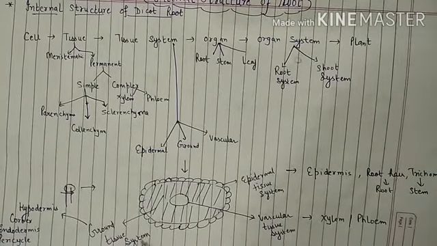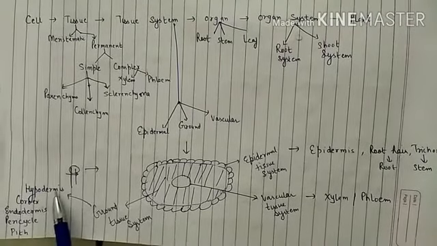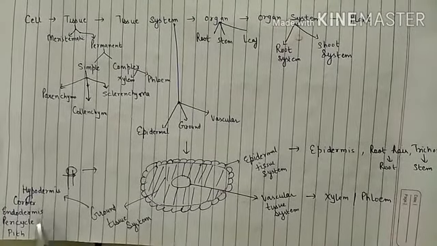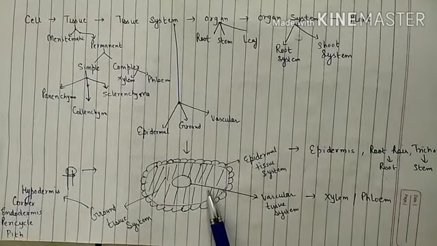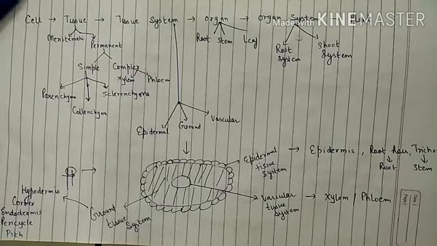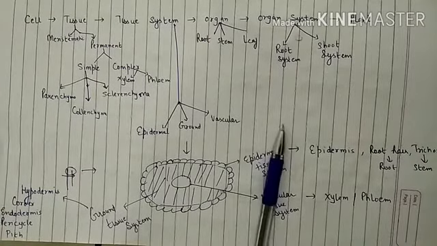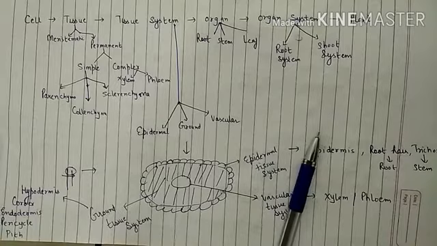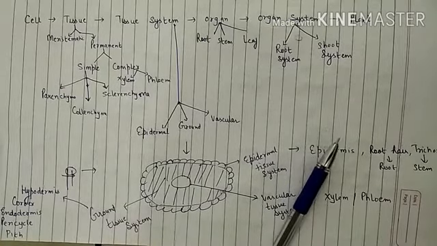In the ground tissue system, here we will study that there will be hypodermis, cortex, endodermis, pericycle and pith. So this is about the tissue system. If we consider the organs in plants, root, stem, leaf and flower are all organs of a plant body. Then the organ systems in plants are the root system and the shoot system. They make up the organ system in plants, and this is how finally a plant body is made.